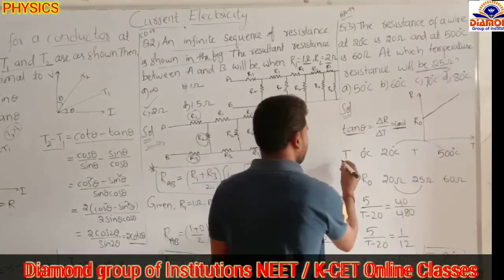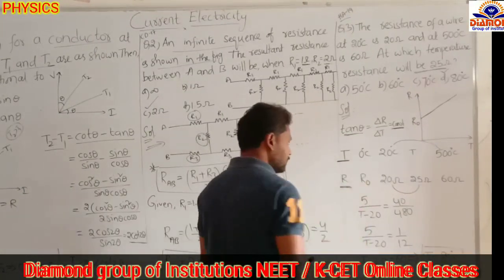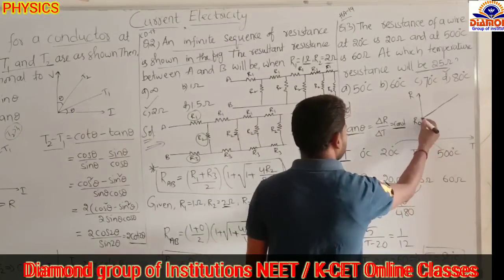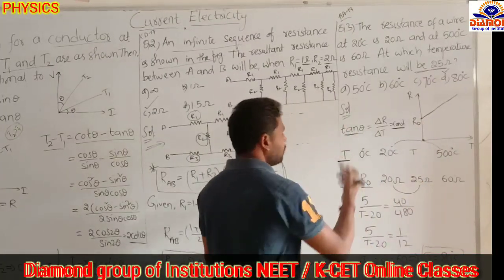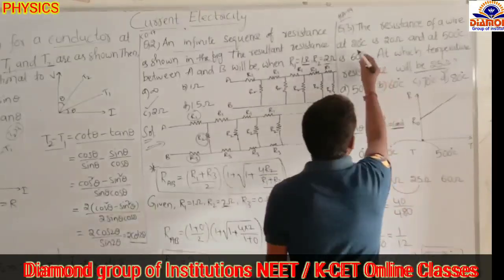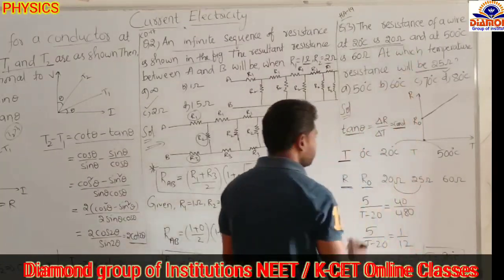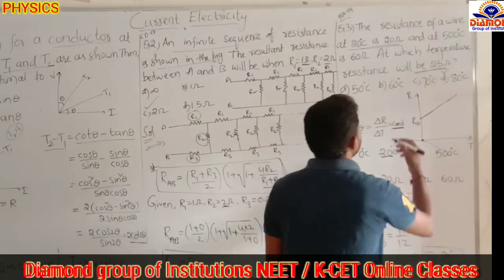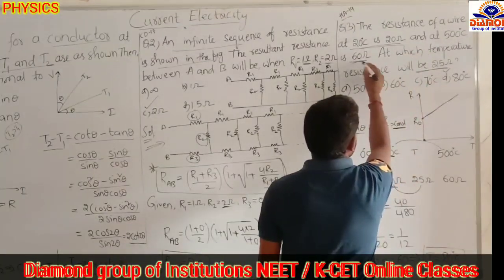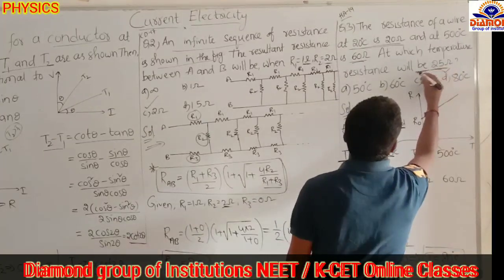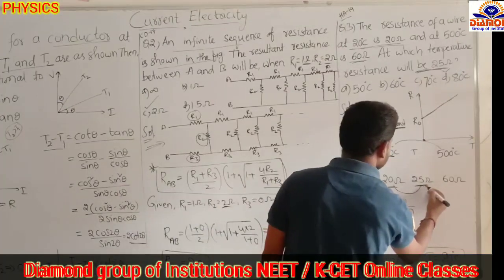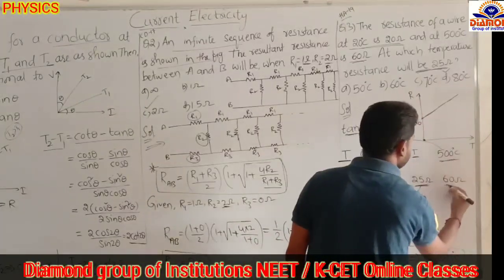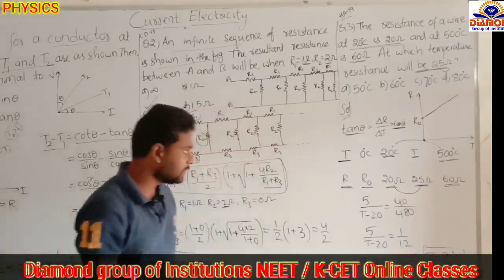See now, here I am taking the temperature, here I am taking the resistance value. At 0 degree centigrade, we have some resistance R naught. And from the question, at 20 degree centigrade the resistance is 20 ohm, and at 500 degree centigrade 60 ohm. At 25 ohm resistance, the temperature is something, T, I am assuming. And at 500 degree centigrade they gave the resistance as 60 ohm. This is the given data.